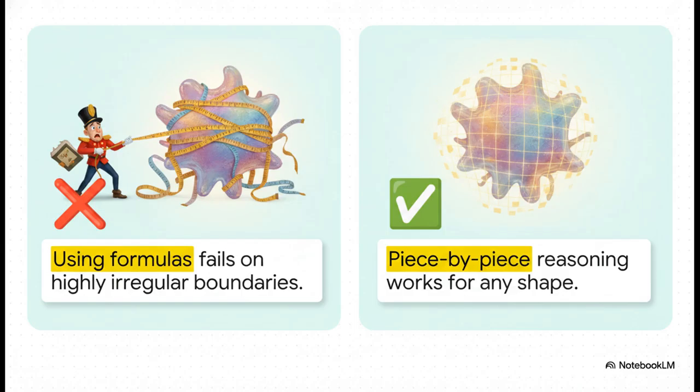Let's compare 2 ways of thinking about this. On one hand, relying strictly on formulas like area equals length times width completely fails the second you hit a highly irregular boundary. But on the other hand, we have piece-by-piece reasoning. By deeply understanding that any shape can be covered with tiny unit squares, we realize the basic meaning of area never changes. This conceptual understanding gives us the superpower to conquer absolutely any shape, no matter how weird or jagged